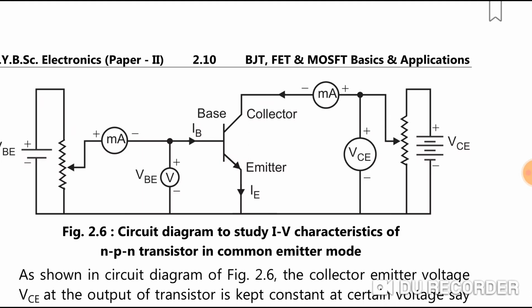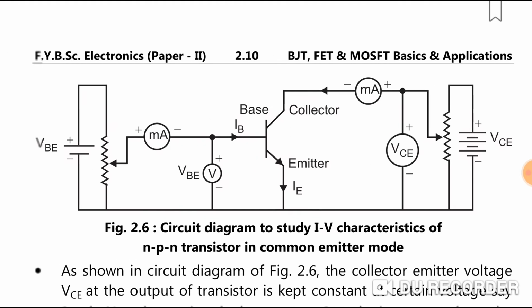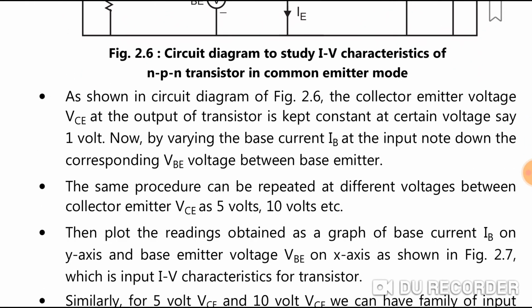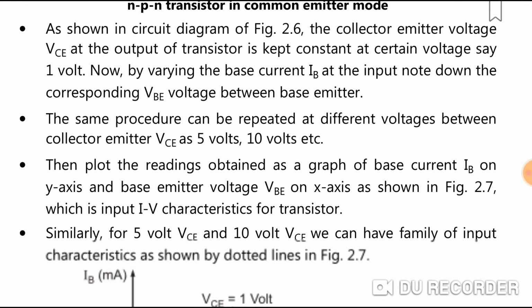So you just see VB is the input voltage to the common emitter. This is the IB current, this is a milliampere current, this is VC and this is VC. Okay, so this is a simple diagram. When you come in the lab, you can use this diagram for construction and you can study the IV characteristic by taking the different readings.